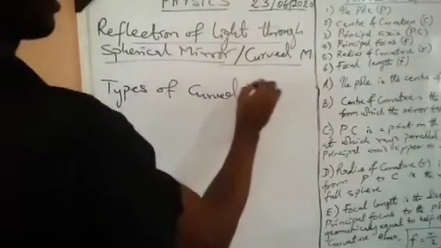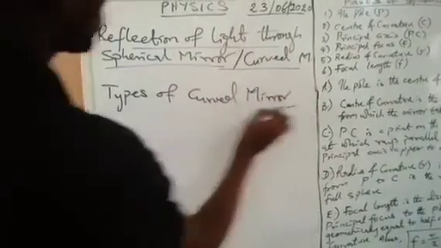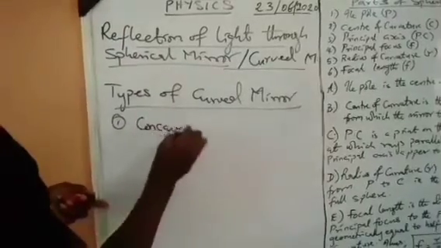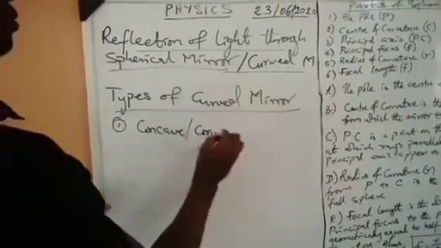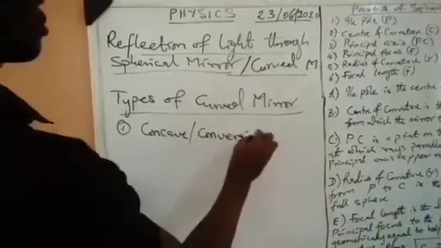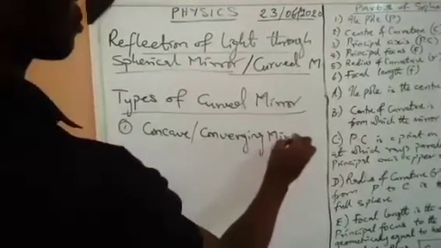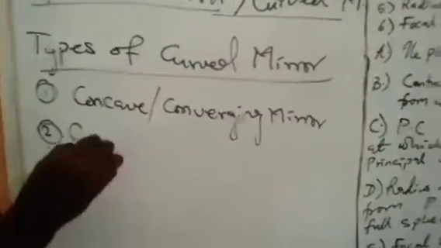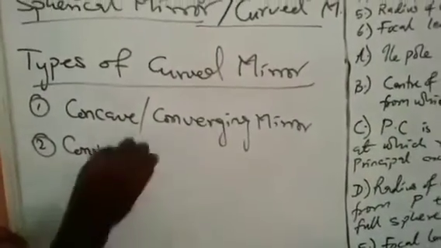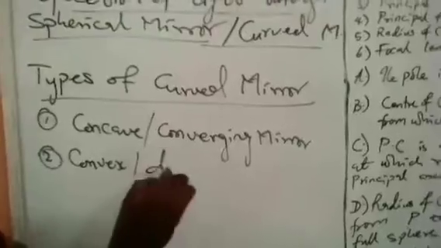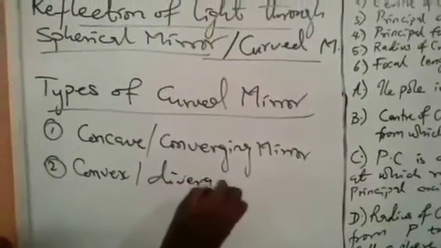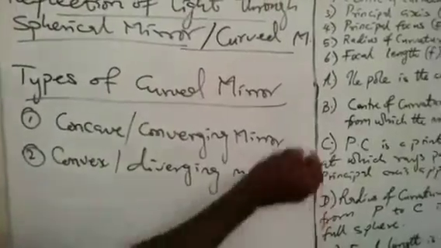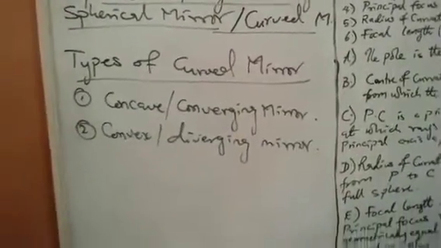or spherical mirror. One, the concave. We can call it converging mirror. And then the second one is the convex, or you can call it diverging mirror. Of course, when we were looking at the plane mirror, I told you the difference between a mirror and a